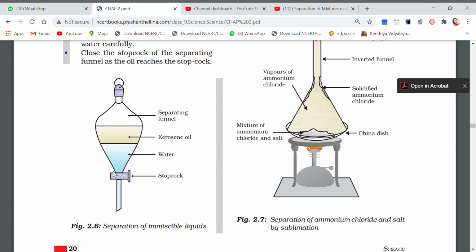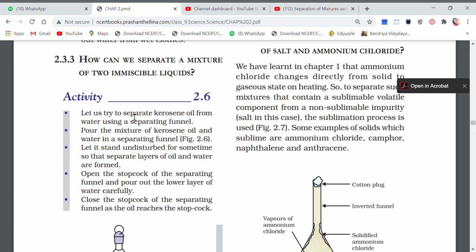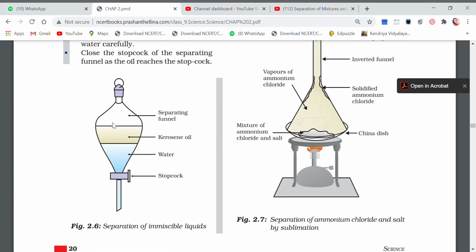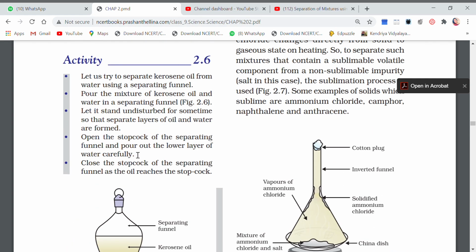As soon as the oil reaches this point, you have to close the stopcock, then remove this beaker and bring another, empty beaker, and then open the stopcock. Then in this beaker all the oil will be collected. This is how you can separate two immiscible liquids. Now if I put a solution of water and alcohol in this, they will not get separated through a separating funnel, because water and alcohol are mixed together. They mix with each other.